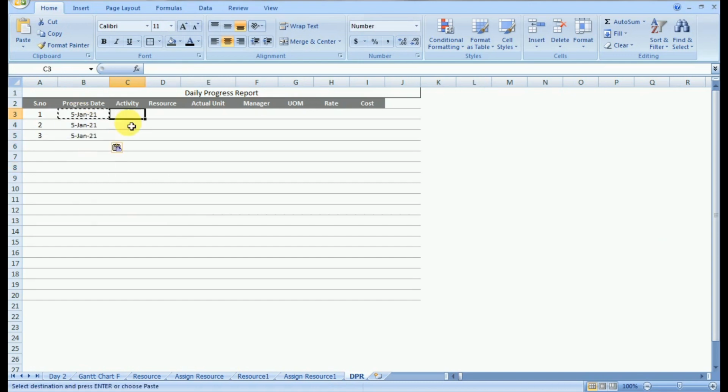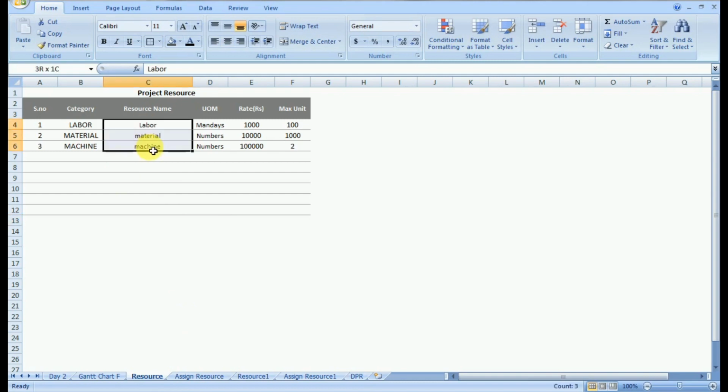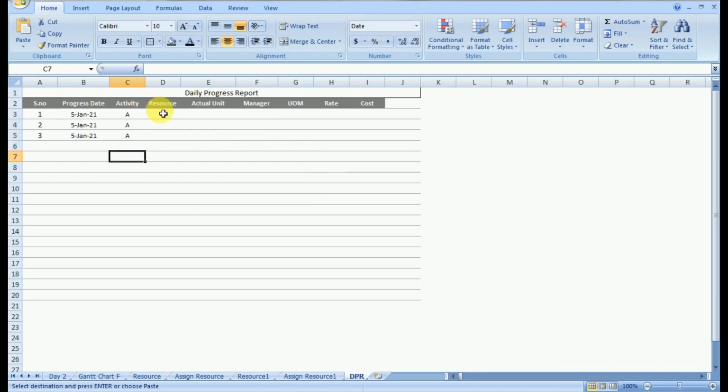So this will be the daily data entry, which has to be done by the user. Based on this daily entry, the entire tracking of the project, the cost tracking of the project, everything will be automated. So that is our objective for today's session.